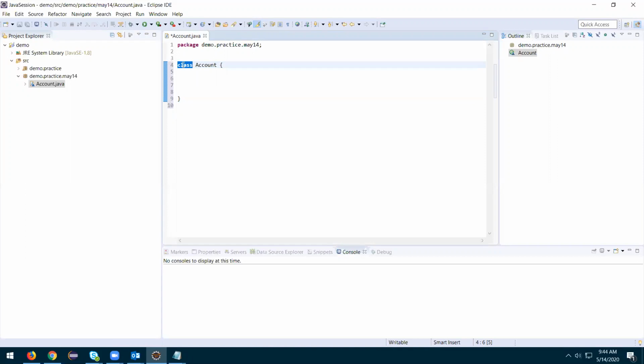To create a class we need the class keyword. Along with that, we need a class name, followed by a code block that indicates the starting of the class and the ending of the class. Along with that, we can even specify an access specifier, public class Account. If you specify a class as public, you can access it from everywhere. That's the point here.